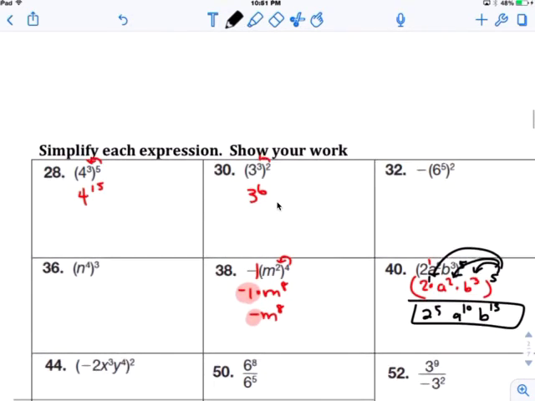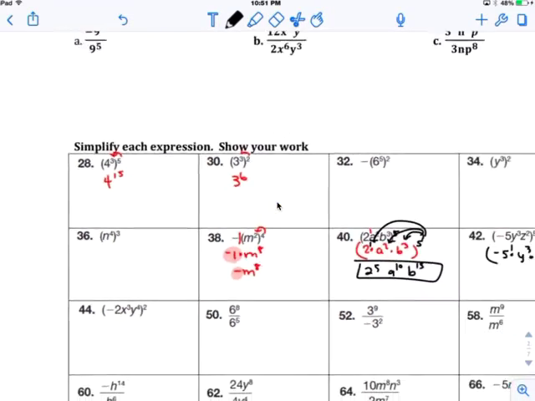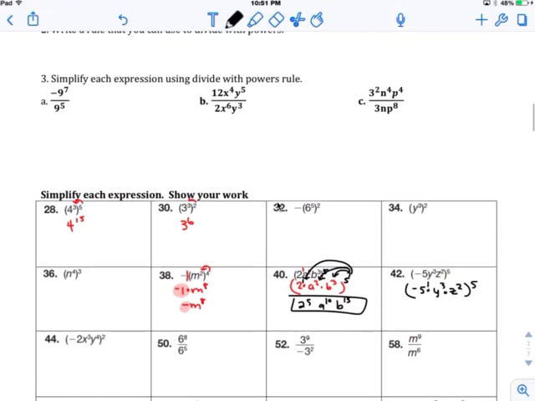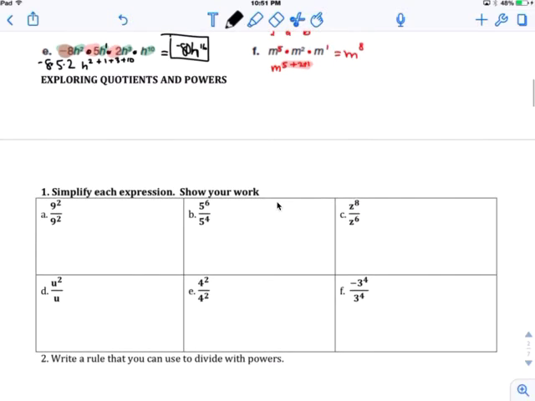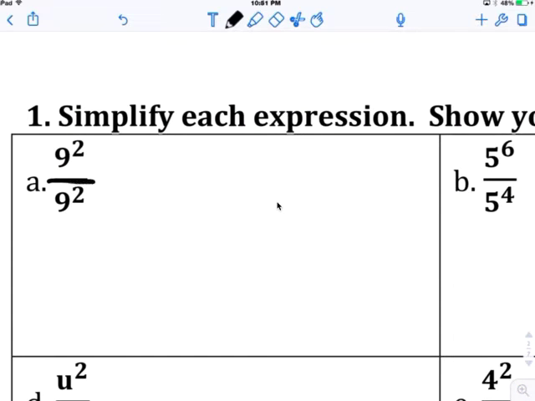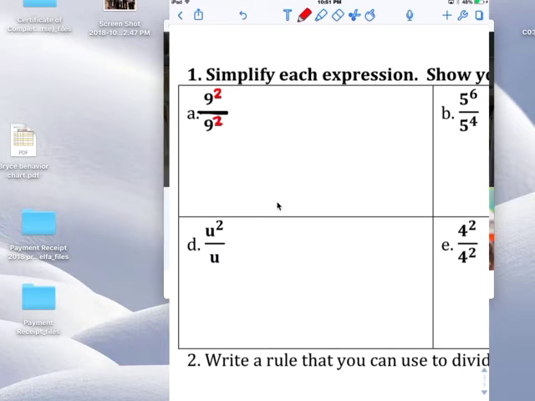Okay. So I'm going to go to problems like 50 and 64 there. When you have quotients and power, quotient right here is division problem. And okay, when you divide, okay, when you're doing this,